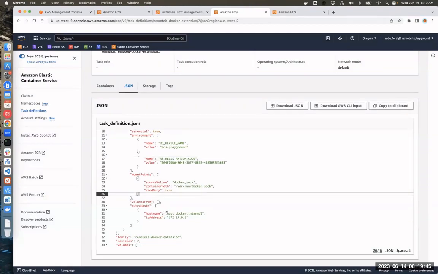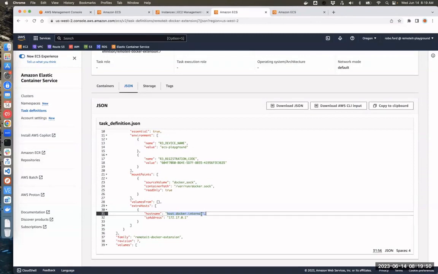I've added this extra host.docker.internal. On your Mac or Windows, you get this by default, but on Linux, you do not. So in order to match that, I've added it in here as an extra host. And we know the internal networking IP address of this instance in this Docker network, so it'll map to that gateway.